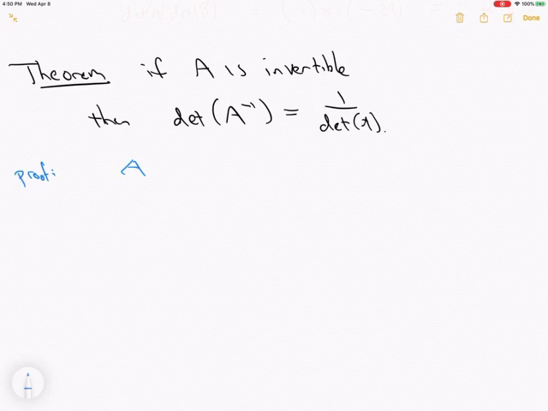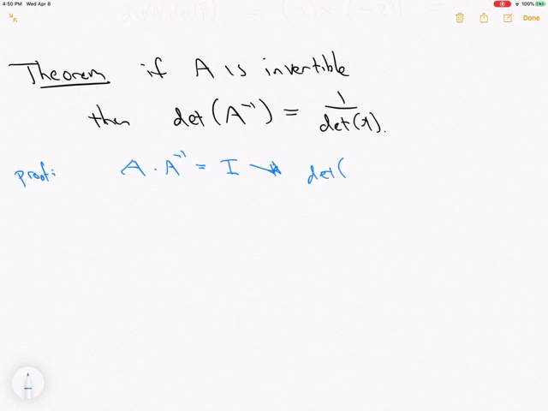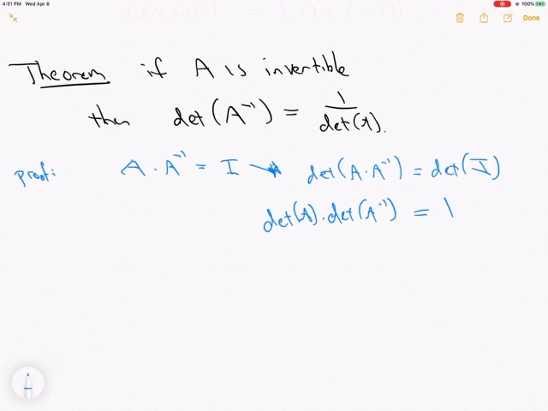We know that A is invertible. That means that A times A inverse is equal to the identity matrix. So we have this equality here, so we can apply the determinant function to each side. So we get the determinant of A times A inverse is equal to the determinant of the identity matrix. The determinant of the identity matrix is 1, and then we have this multiplicative property, so that says that the determinant of A times the determinant of A inverse is equal to 1. And then we can divide both sides of this equation, and we see that the determinant of A inverse is 1 over the determinant